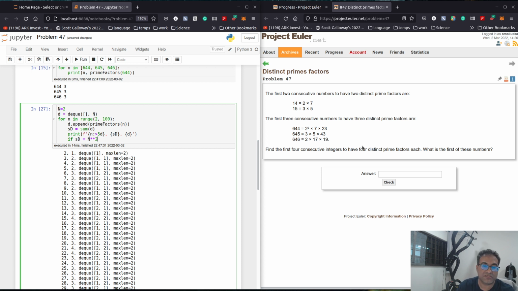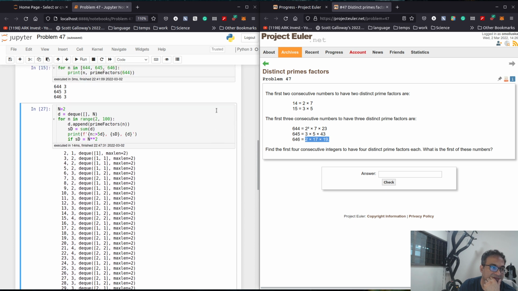So this has to be 3, and this has to be 3, and this has to be 3, and in case of 4 it has to be 4, 4, 4, 4. Okay, so if that is the case, then wait,